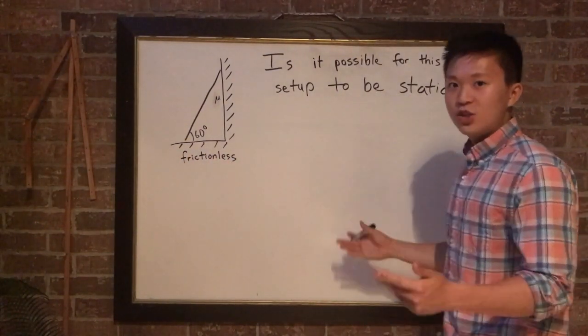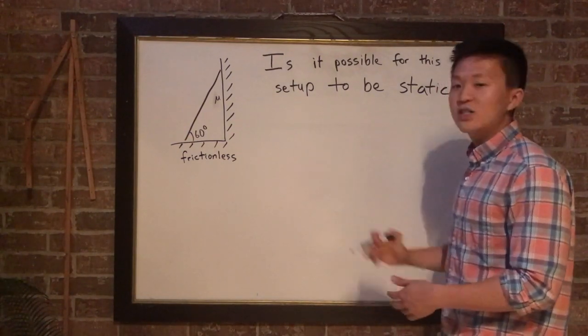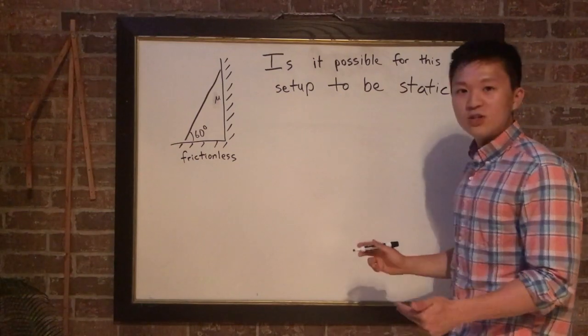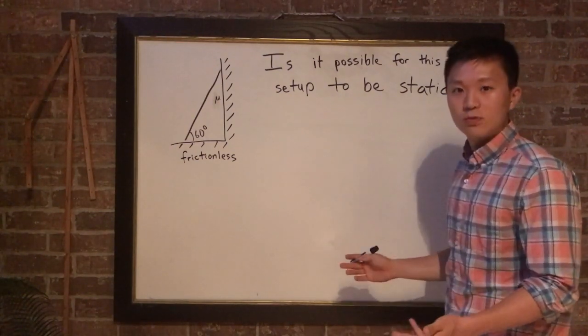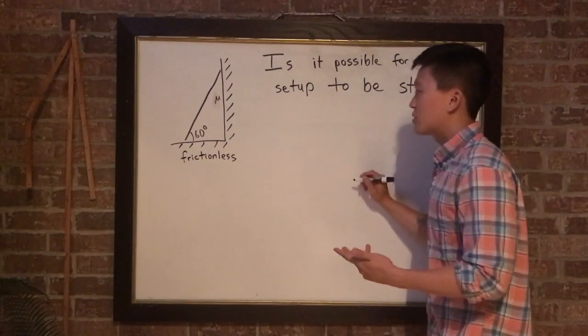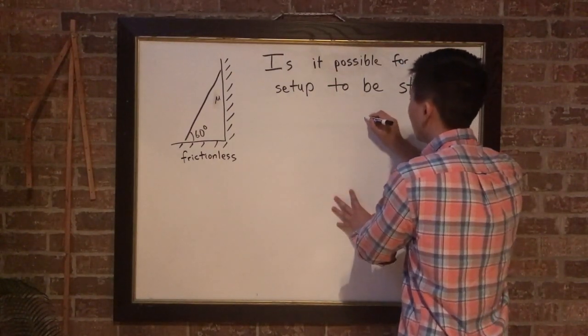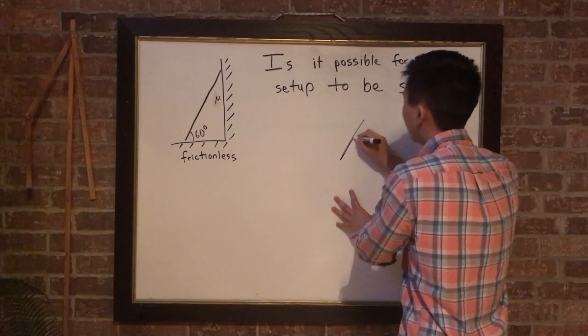So the first thing we should do with almost any of these types of problems is draw a free body diagram, which shows all the forces acting on a system we're observing. So in this case, we're going to be observing the ladder system. So for instance, if this is the ladder,